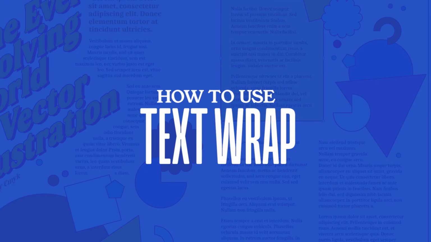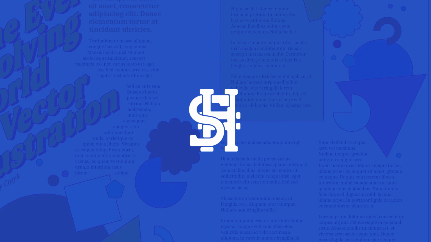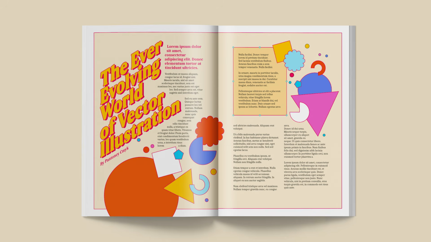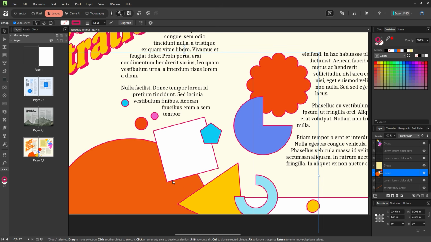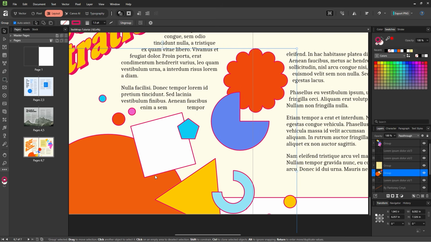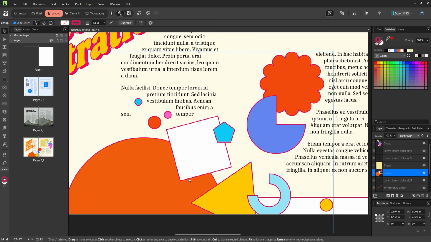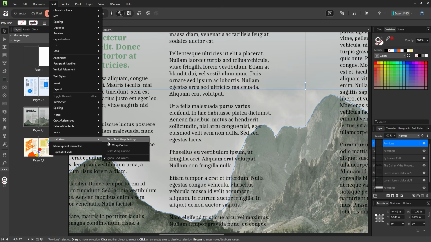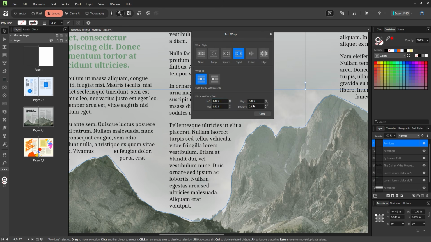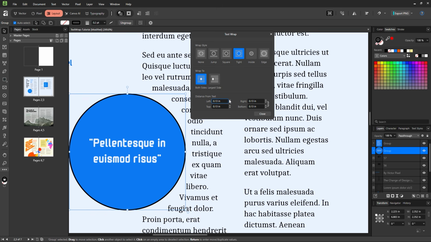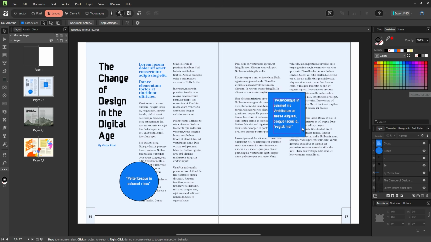Hey guys, today we are going to explore how to use the text wrap tool in the all-new Affinity. I will show you how to use the text wrap tool to make your layouts both beautiful and interesting, and we will cover where to find the text wrap tools, how it works, and then how to customize it to your liking. So for those of you who are not aware what text wrap actually is, it is super important